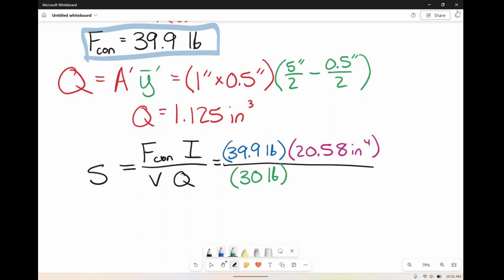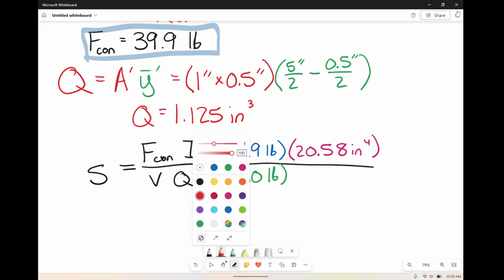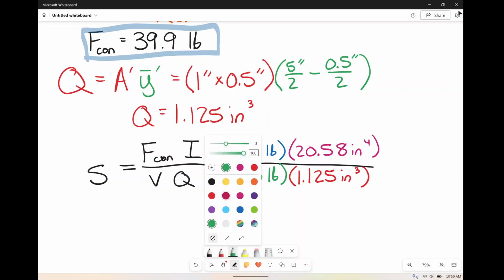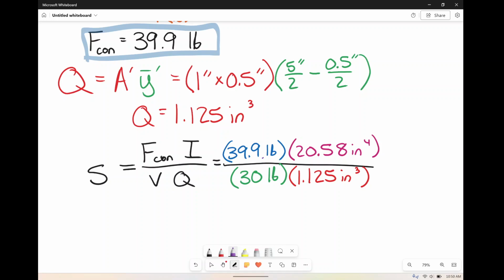Then Q, we just literally solved for Q, so Q right above us there, 1.125 inches cubed. As you can see with our units, pounds are canceling, inches cubed are canceling, and you're just going to have inches to the first. So yes, spacing is in inches. So our spacing is going to be